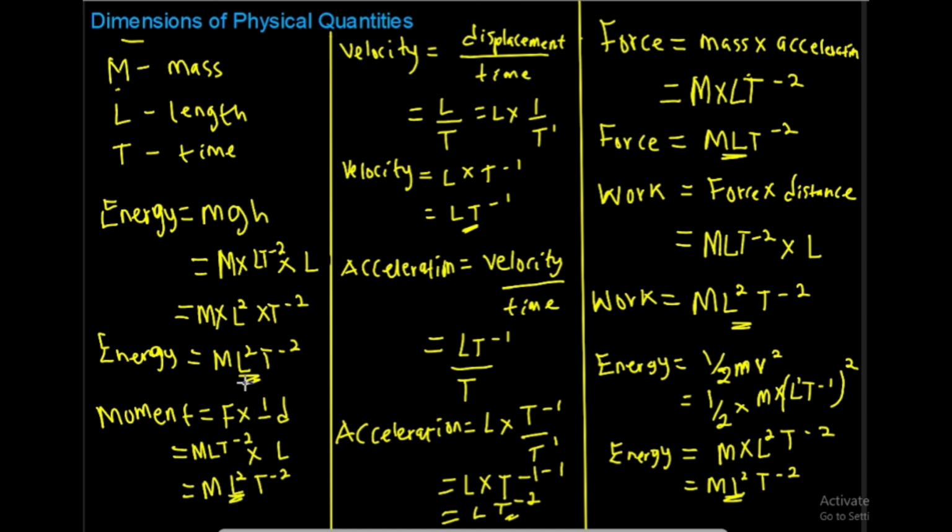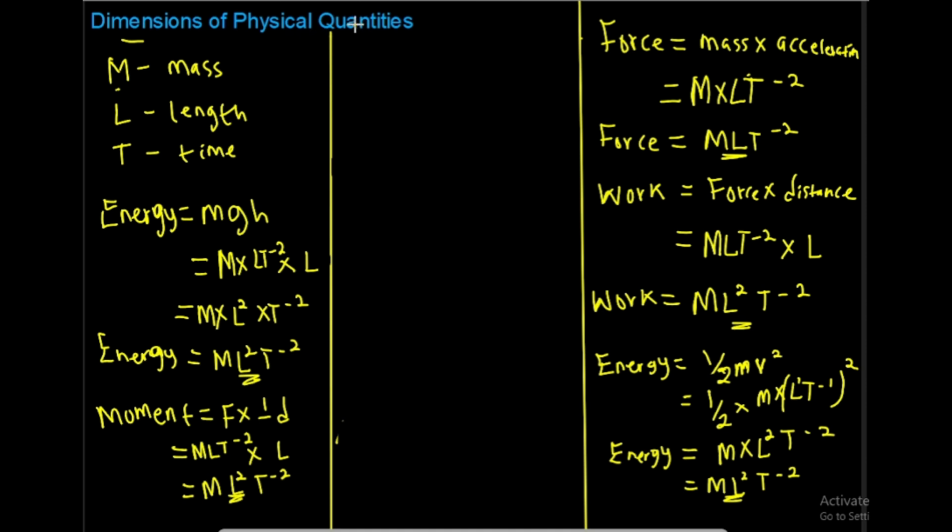So you can see here that moment, energy, and work done, they have the same dimensions. So some physical quantities can have the same dimensions. So please have that at the back of your mind. Work done, moment, energy. The other ones, as we progress, we're going to see it. They have the same dimension. So moving on,